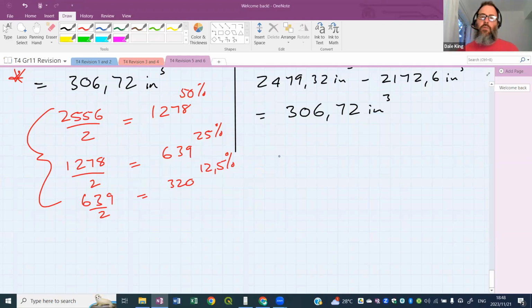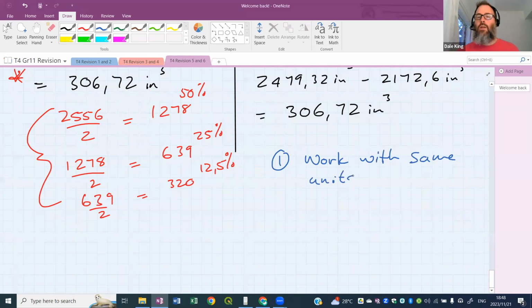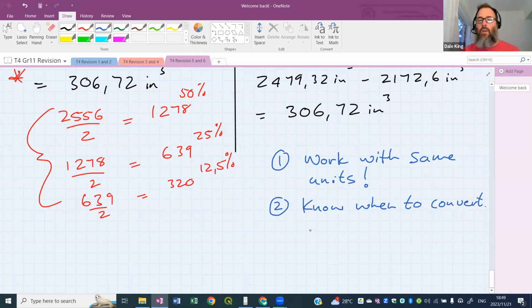All right, hot tip number 1. Work with the same units. And this is why Ms. Kia always says show your units, because you will see if you're working with your units. Convert, yes. So know when to convert. Now, with conversions, we have metric